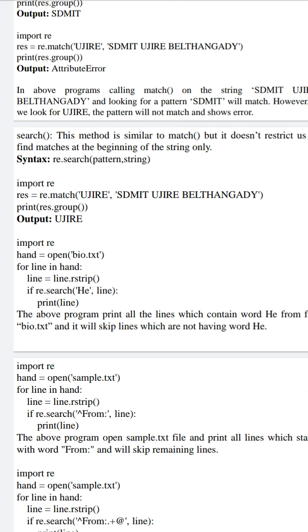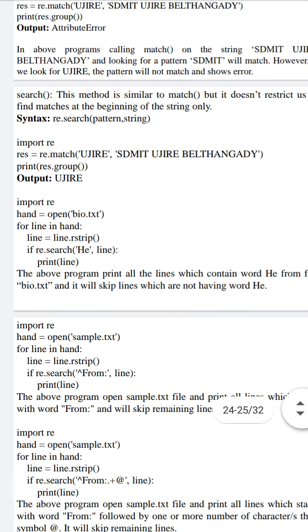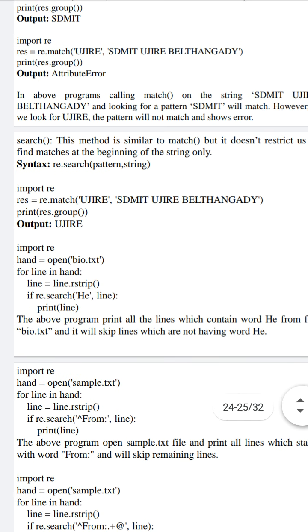As we have stated, match searches only at the beginning of the string. If it is not part of the beginning of the string, it will return false or it will not extract that pattern. Here, even though usere is part of our string, the location of usere is not at the beginning. Hence, in the output, it is stating attribute error.